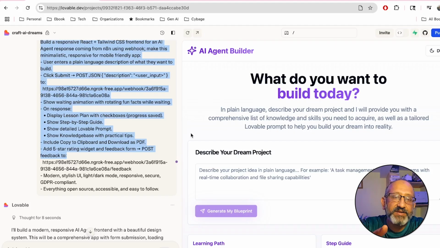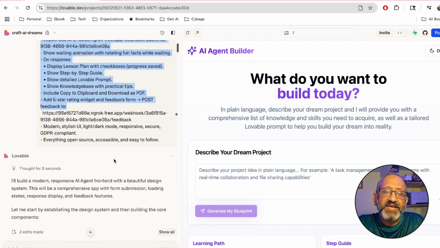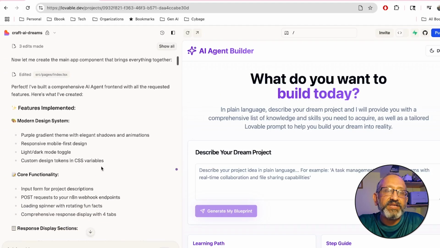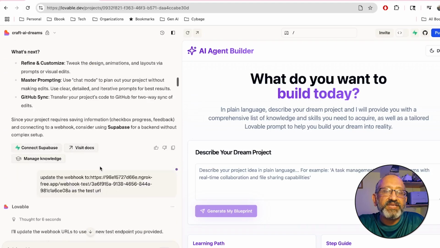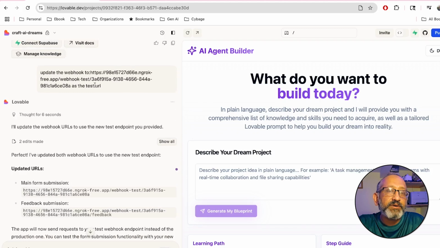Once I got that prompt, I'll show you in the next video how to build a prompt using ChatGPT or Claude so that you can get a really good starting point. And then you have to modify. You can see that it was not fixed in one shot. I needed to do a few other things. It didn't work, you need to add the webhook. So I'm going to walk you through each one of those components.